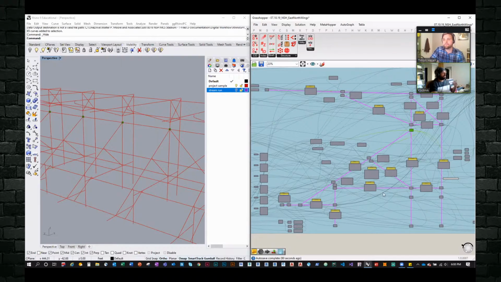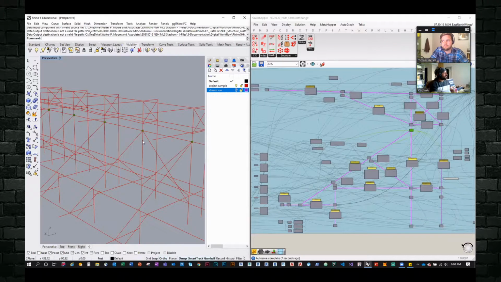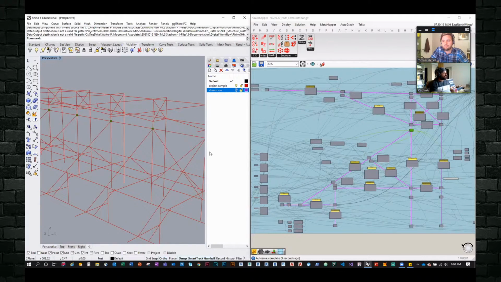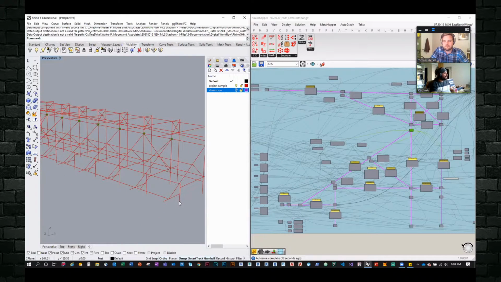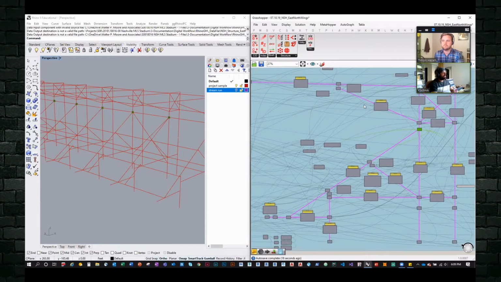Yeah, so thanks. It's completely confusing. The wires all overlap each other. But the pink lines, they help you lay out how to troubleshoot. Is that what you're saying? Exactly. Yeah. So again, as I highlight the structure, if I see that there's something wrong here or on the canopy or along the raker, I know right away where to go on my script to troubleshoot that part of the geometry.